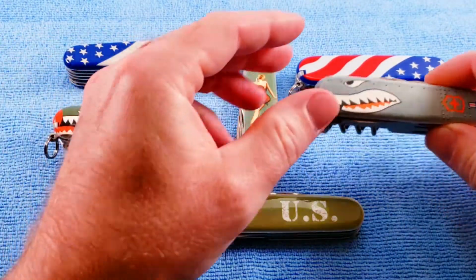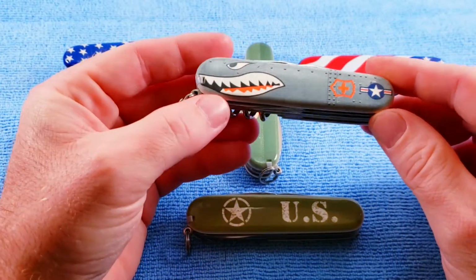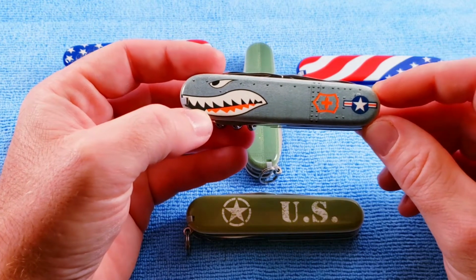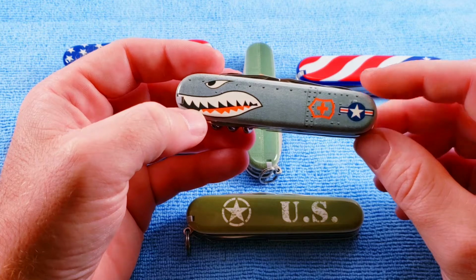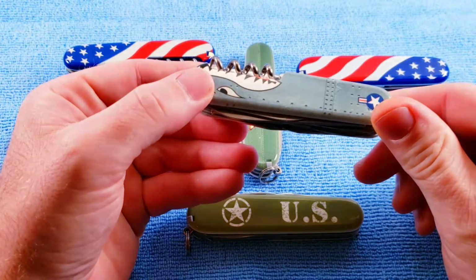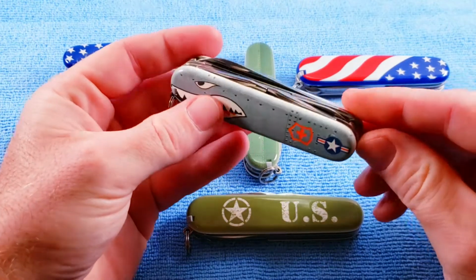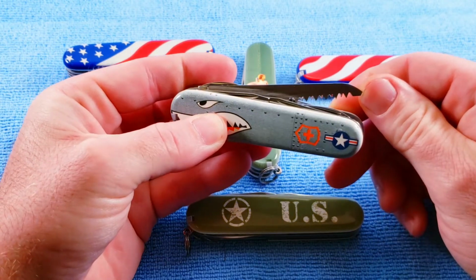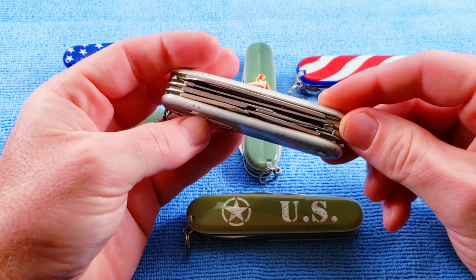Our next one will be the Swiss Army Huntsman Warthog, which is a throwback to the design of World War II Air Force. And again, we've looked at several Huntsmans throughout the videos on this channel of Swiss Army knives, but it adds the wood saw